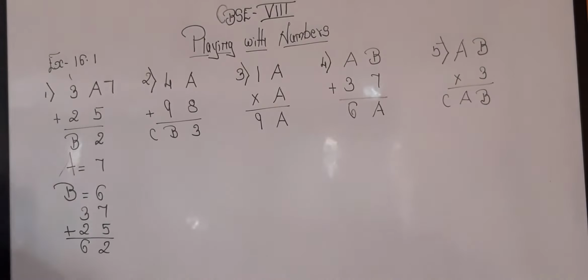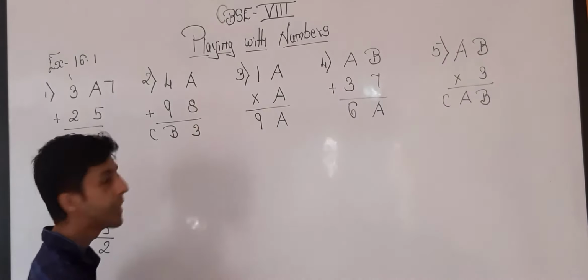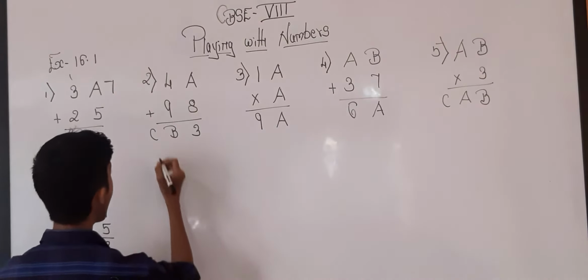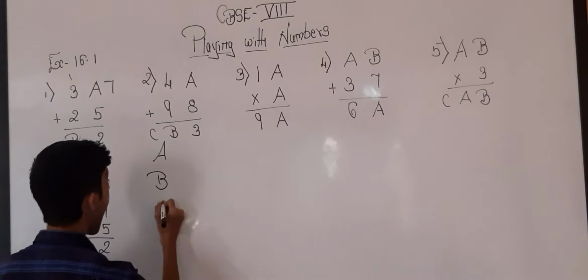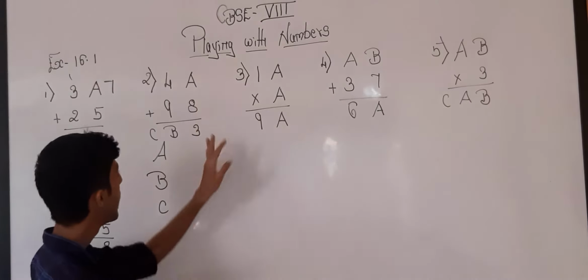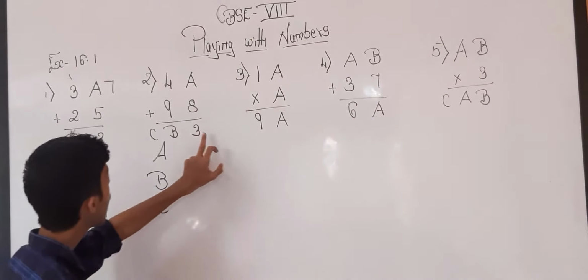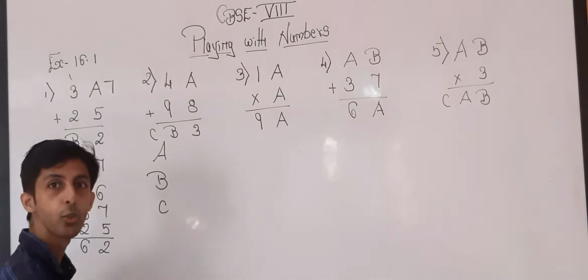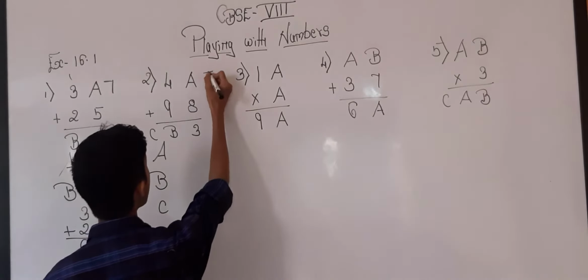Now moving on to question number 2. Over here, same concept. Now I have to find the value of a, b and c. So over here, a. Now 3 means what? It is 13. So 13 minus 8. After 8, 9, 10, 11, 12, 13. So my value of a will be 5.